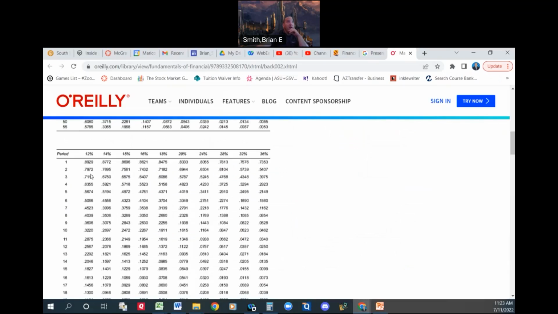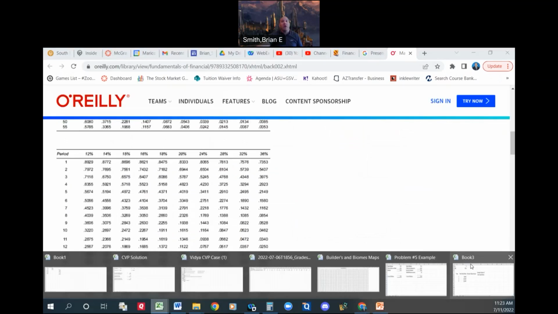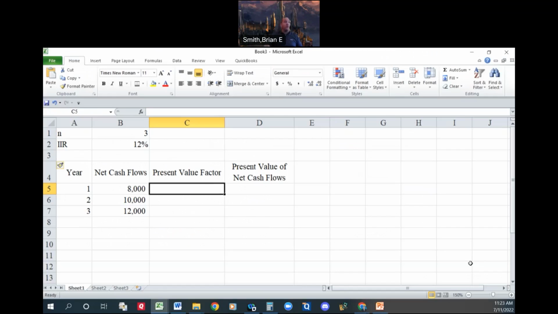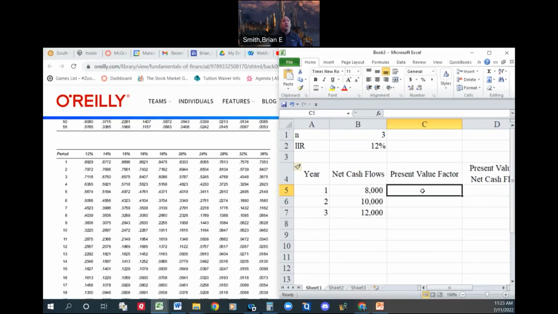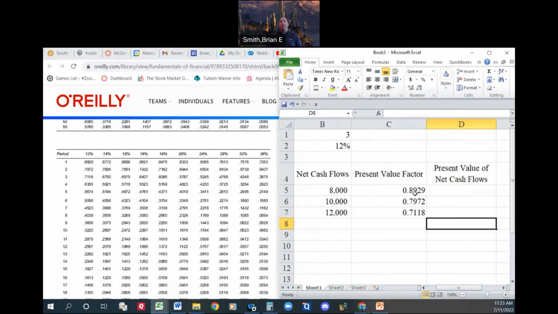So these are the three factors we need to take. We're going to take 1 period, 2 periods, and 3 periods because we are going to calculate this out for the first year, second year, and third year: 0.8929, 0.7972, 0.7118. And the 0.7118 just happens to be correct on that other one that we calculated here. So our net present value is going to be